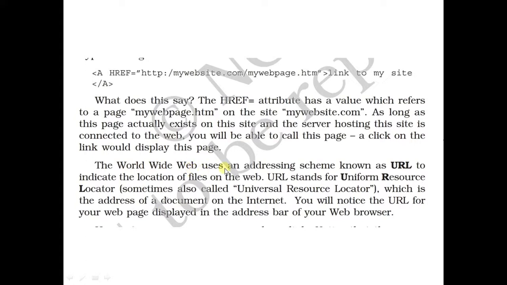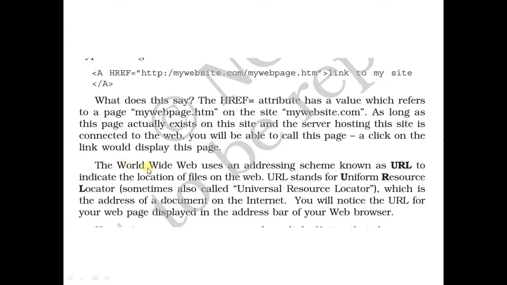The World Wide Web uses an addressing scheme known as URL. As you must be knowing, the web address or the URL. Whenever we want to visit any page or any website on the internet, for that we have to know the URL or the web address of the website or web page.